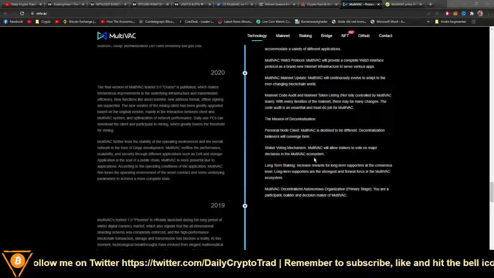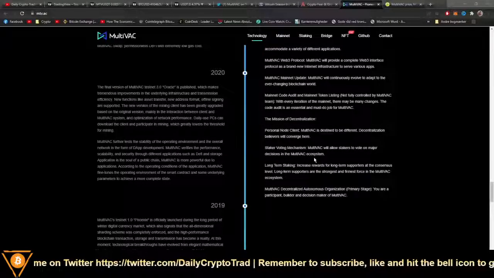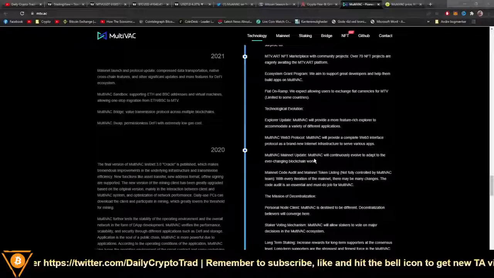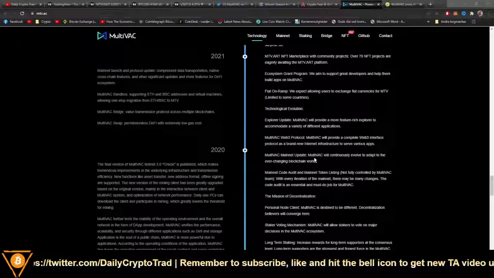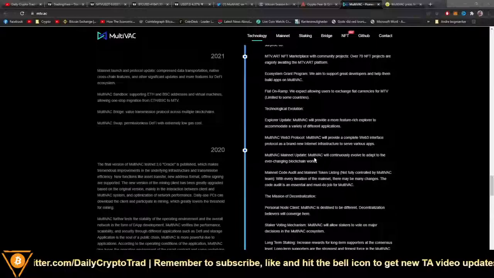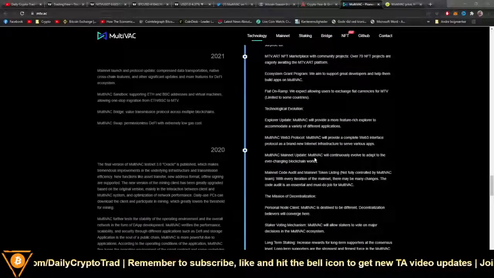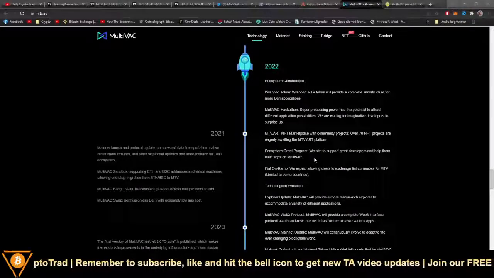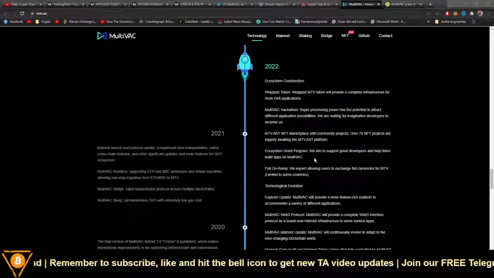So mostly the technology behind the fundamentals is important. But I am mostly 70% a trader, all right, not a fundamentalist. But reading the fundamentals that they're giving on the project, they still have a team, they're still working on these kinds of things in 2022. That is making me more confident about the team and the project.